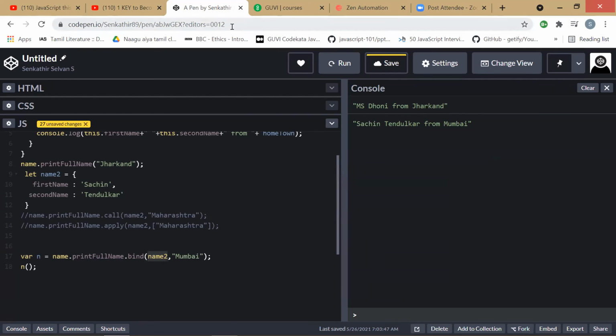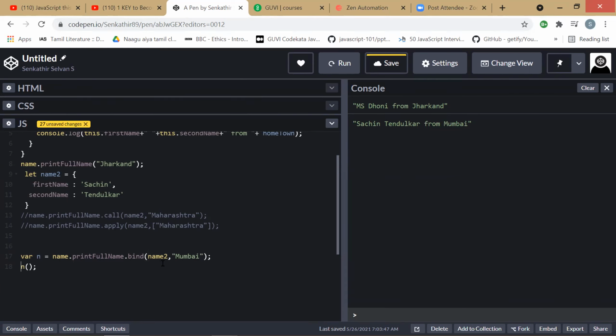So what's the difference between call, apply, and bind? Can you tell them? Call and apply are directly executed. Bind returns a function, and we have to call the function later. It just gives the copy, and we can use it anywhere we need. Very good.